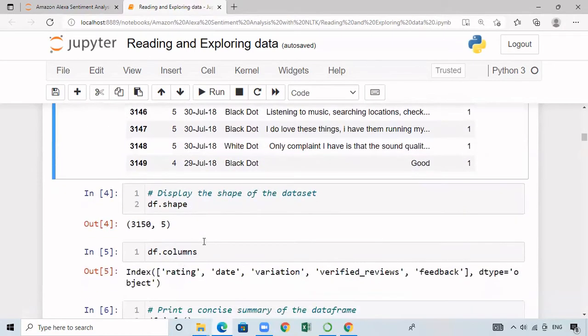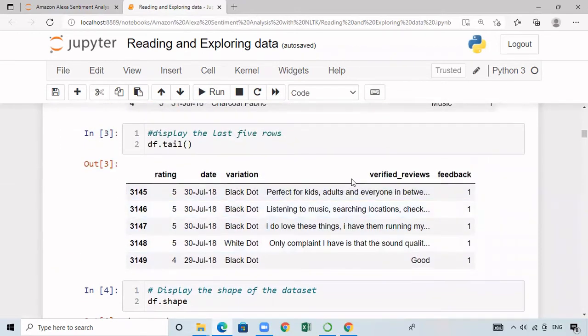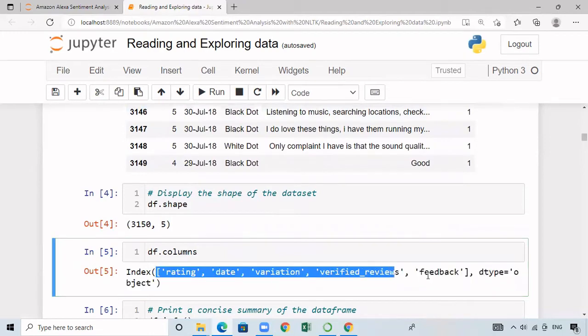And we can even print the name of these columns with the help of df.columns attribute. So here we have only 5 columns, so we are easily seeing the name of all the columns. Sometimes in the real data set, we will have many number of columns. So in that case, you can easily display the name of all the columns with the help of df.columns. So it is going to now display all the columns in your data set.